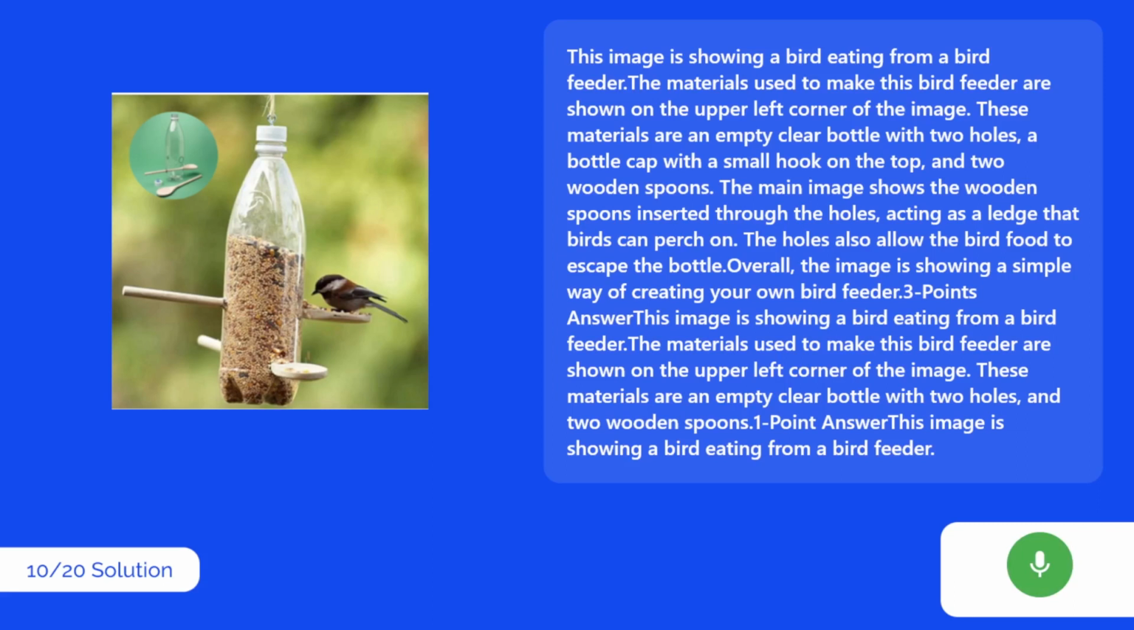This image is showing a bird eating from a bird feeder. The materials used to make this bird feeder are shown on the upper left corner of the image. These materials are an empty clear bottle with 2 holes, a bottle cap with a small hook on the top,